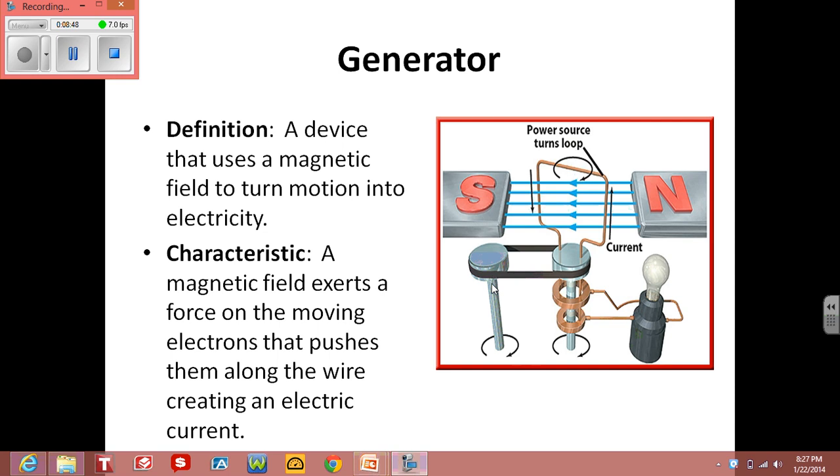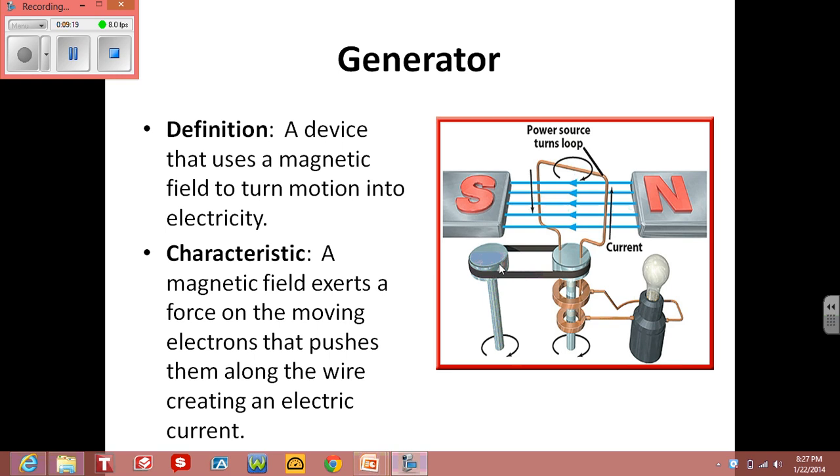And you have to have some type of source that's going to turn this loop of wire. In the power plants, a lot of times they may burn some type of fossil fuel like coal, which will produce steam, and that steam in turn can turn what is called a turbine in a generator. The turbine is inside the generator, and it spins, and that's when the electric current will get pushed out across the wire. But that's just another example of how currents and magnets work